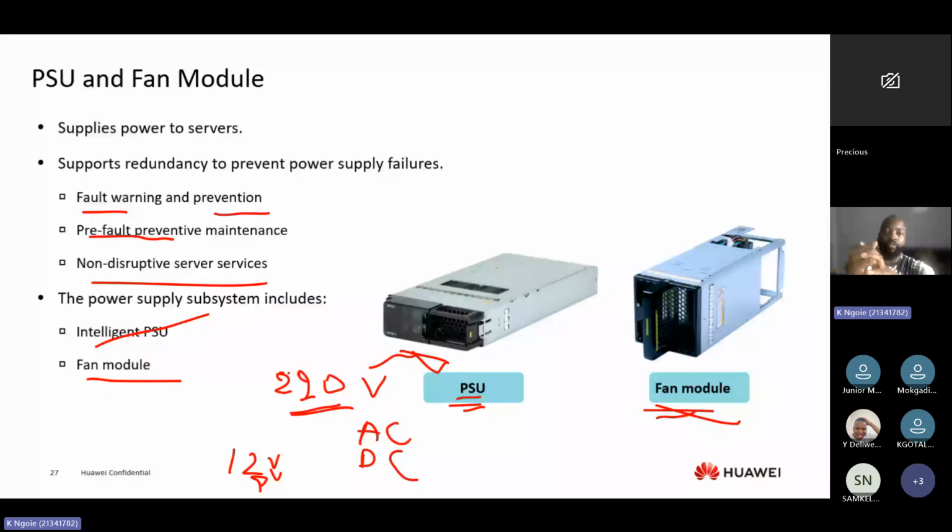Okay. So you need to understand that the fan module, just like the PSU, for all those big servers you have in big companies working on lots of data, there are multiple fan modules, so they can be replaced without shutting down the whole system. Everything can be replaced and they can keep working. So you need to understand PSU is just for power delivery. Fan module is a cooling system. Okay, so